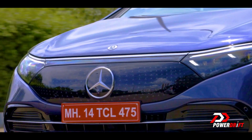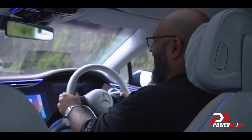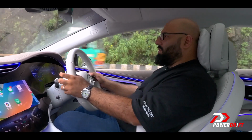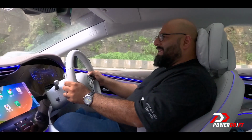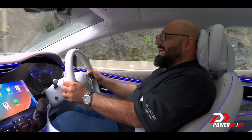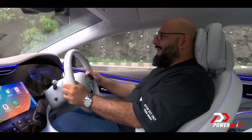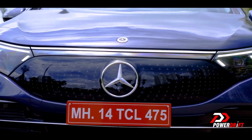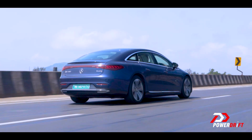Now we all know that ARAI range is a bit exaggerated, and it's not exaggerated because they're lying to us. It's exaggerated because it's in ideal test conditions in a laboratory and under the Indian driving cycle, and that Indian driving cycle is something that 99.9999% of the people driving in India will never ever be able to replicate. Ever. So you should realistically still get about, say, 600 or 650 kilometers of range,